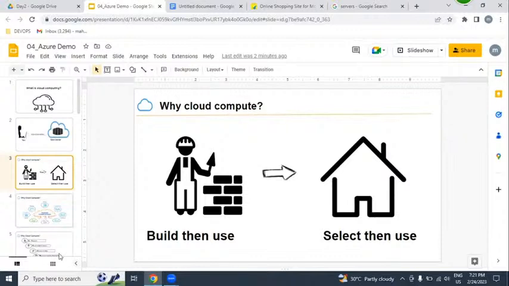Example, which is easy for you: build then use, or select then use? Always select then use. Always select then use. So ready-made things are very easy to use. For example,